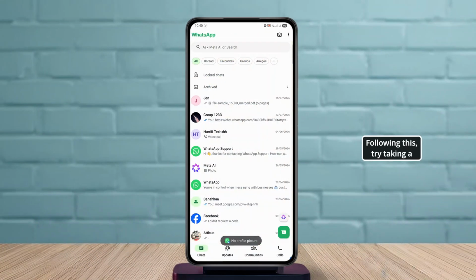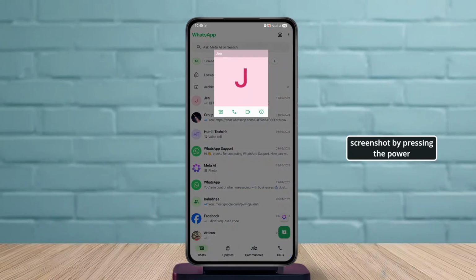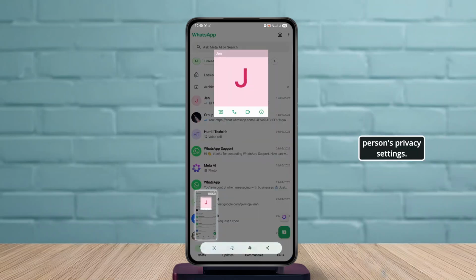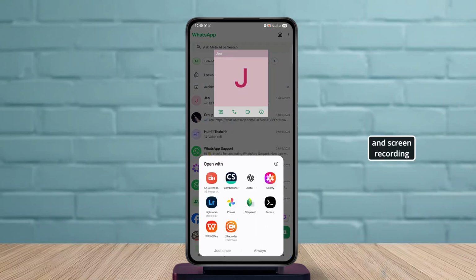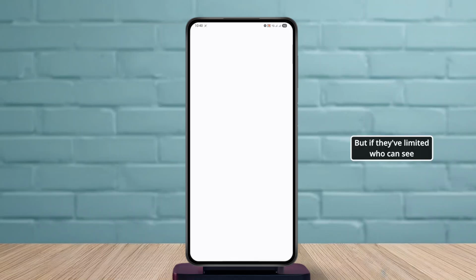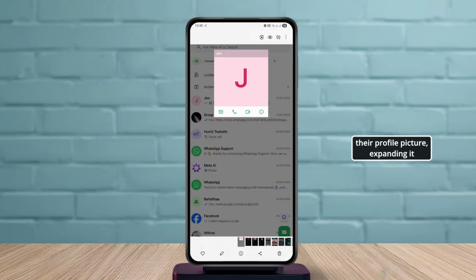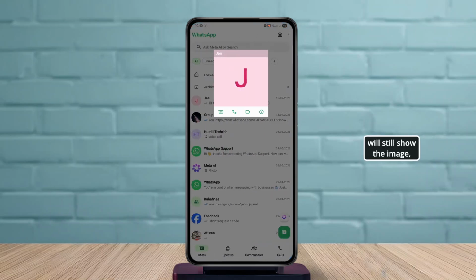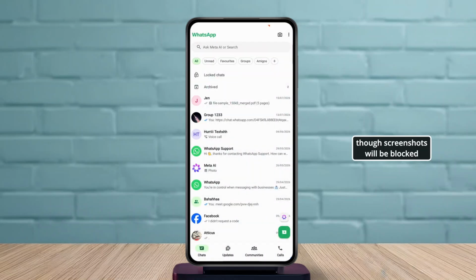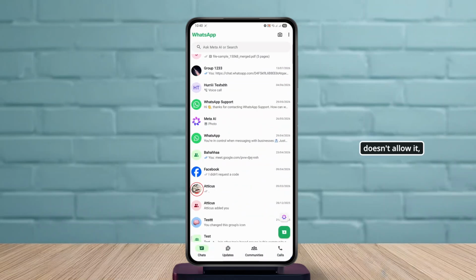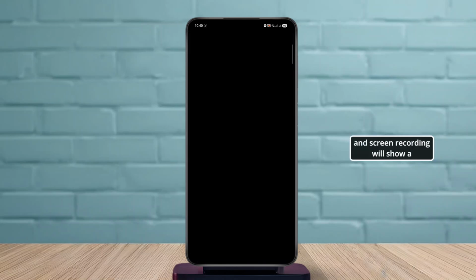Following this, try taking a screenshot by pressing the power and volume down buttons together. Whether this works depends entirely on the other person's privacy settings. If they haven't restricted their profile photo, the expanded image will capture normally, and screen recording will work the same way. But if they've limited who can see their profile picture, expanding it will still show the image, though screenshots will be blocked with a message saying the app doesn't allow it, and screen recording will show a black screen